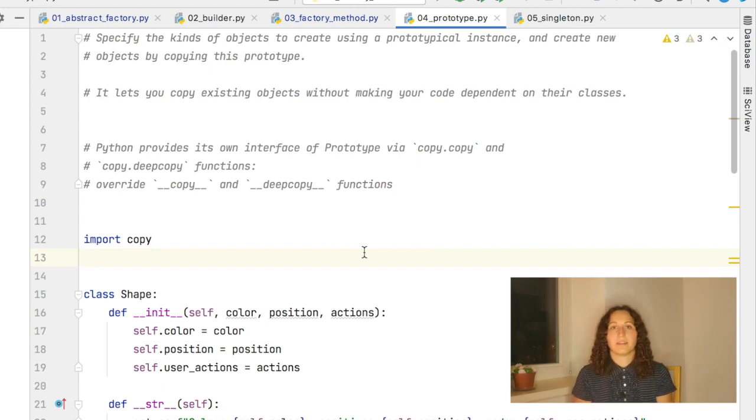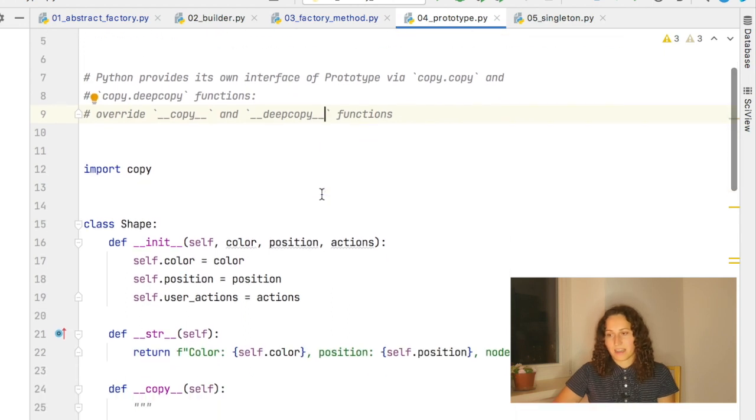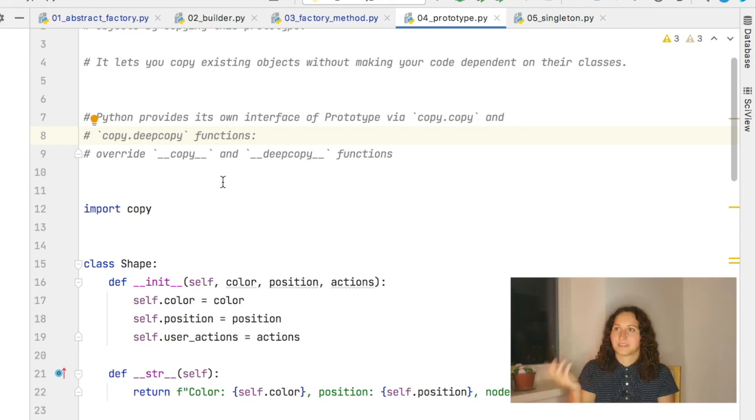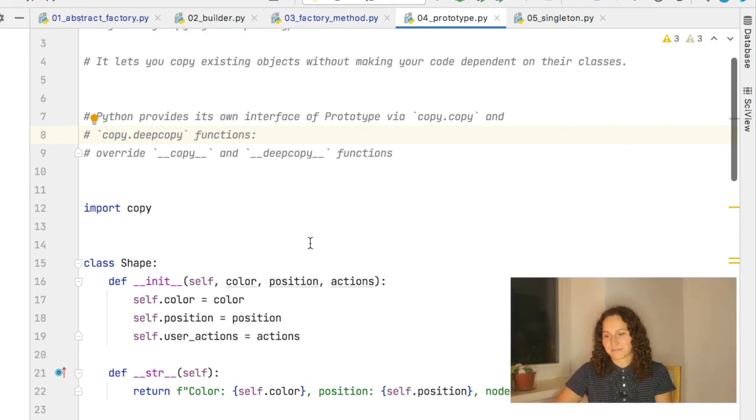If you want to implement these functions for your custom class, you need to implement the dunder copy or dunder deepcopy methods inside your codebase. And after that, these functions from module copy will work perfectly well with your newly created classes. Okay,